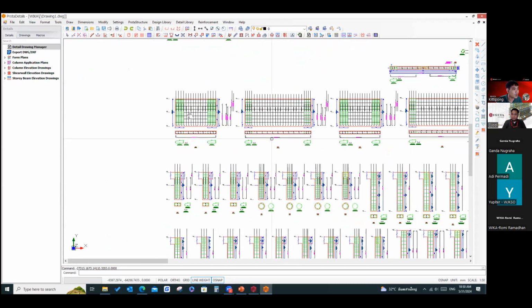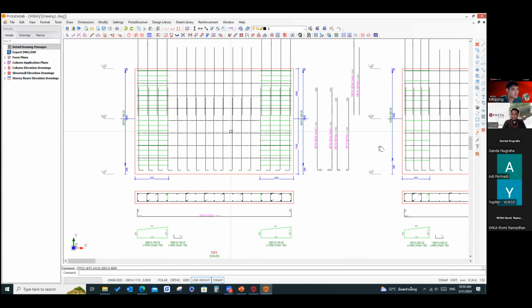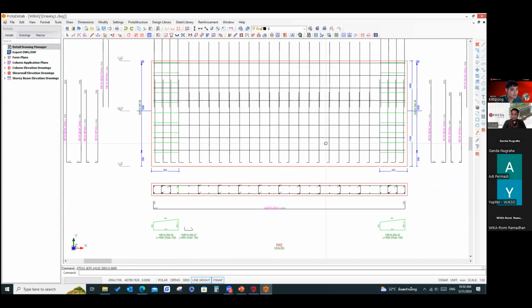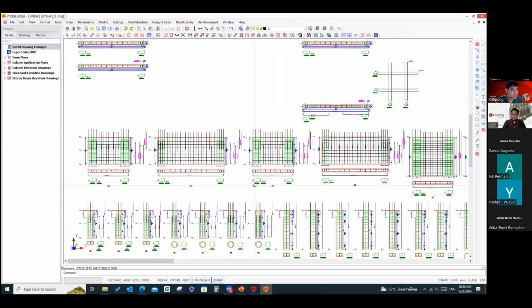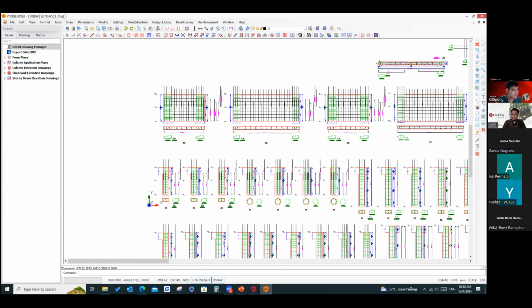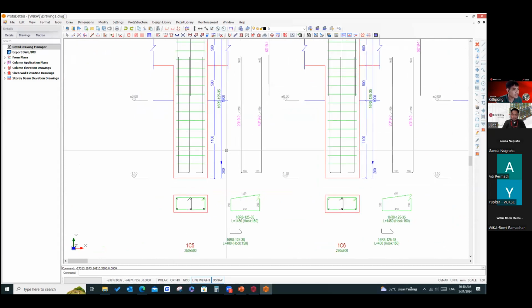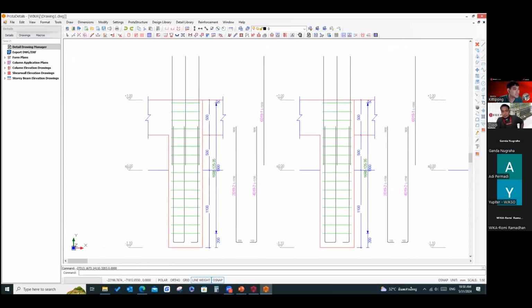This is the wall detail, one of them. You will get the column detail like this. They will show you the rebar, the sizing of the column and the lapping area, something like this.